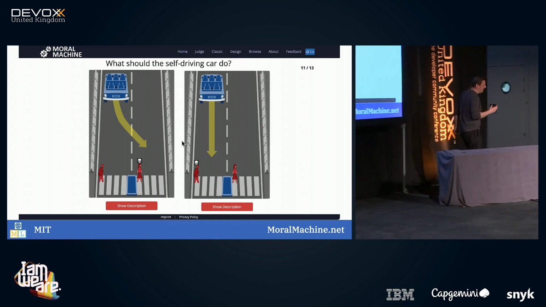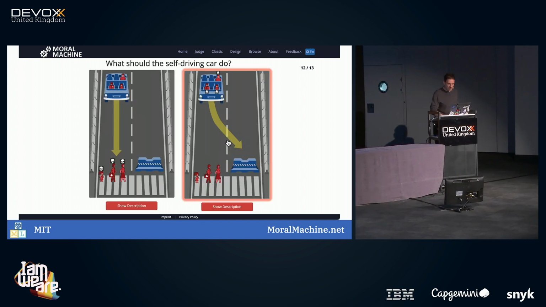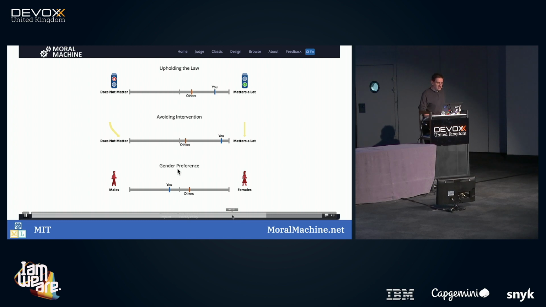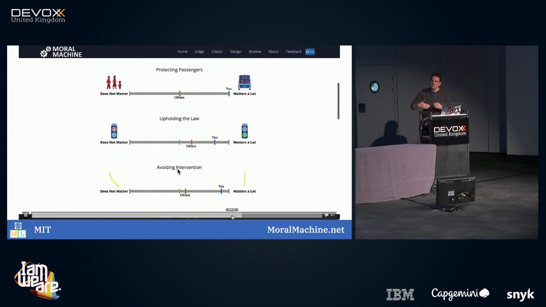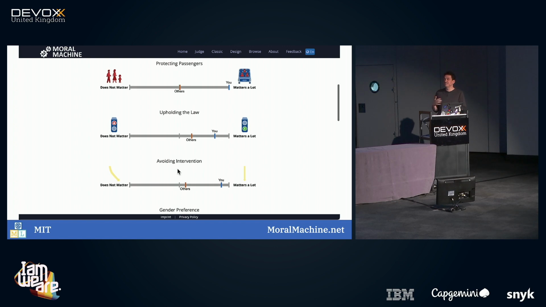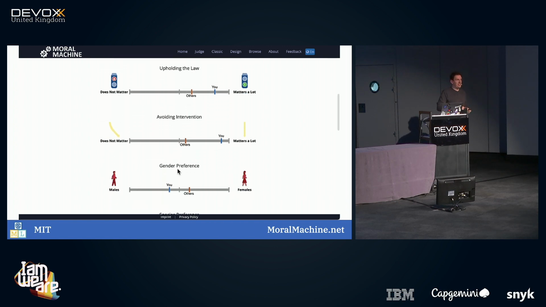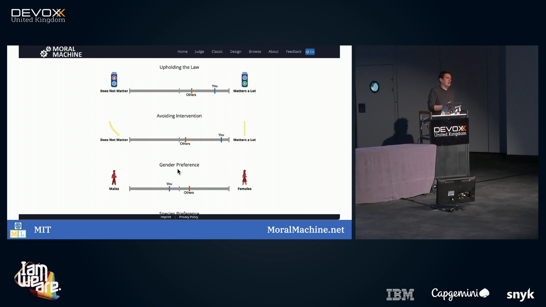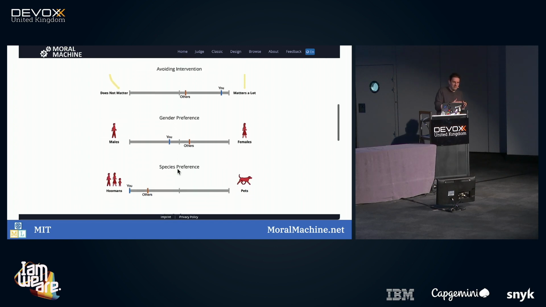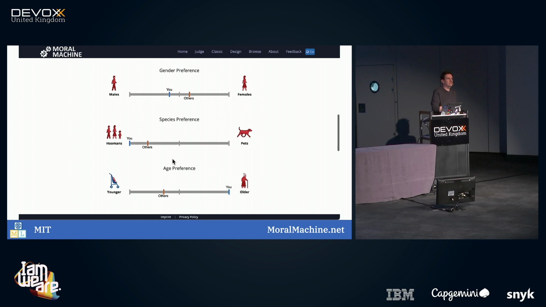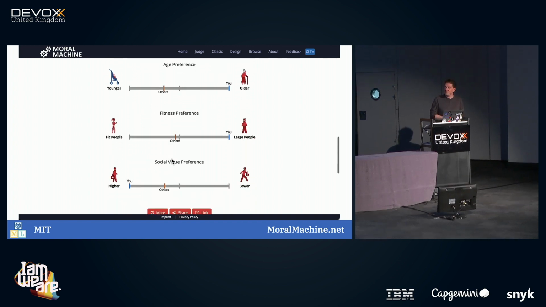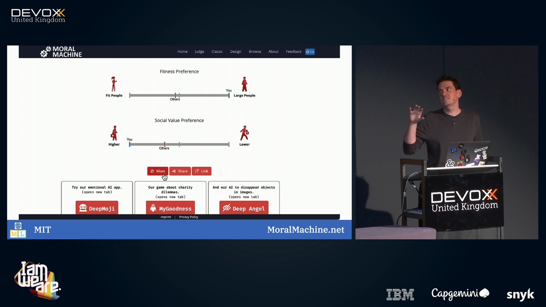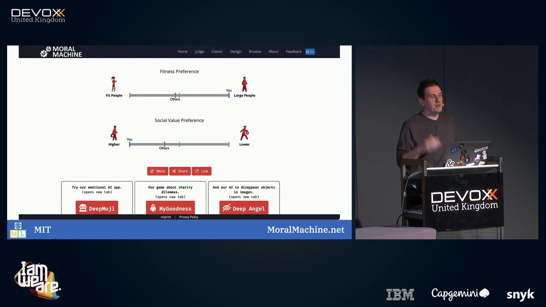What happens is, similar to the trolley problem you will be familiar with, if I skip on to the end, when you get to the end, it starts showing you what did you favor over others? And it gets the kids to start questioning some of the decisions they made, and also gets them thinking about what self-driving cars will mean and what it means to sort of try and impart our values into an AI. This one, I've only done it with groups that I know really well, because it's a little bit morbid as a topic. You're basically deciding what should the car kill. But it is a really nice way of explaining some of these issues.